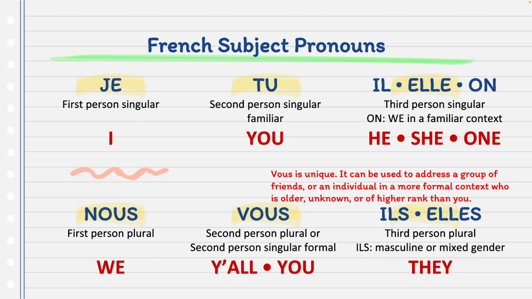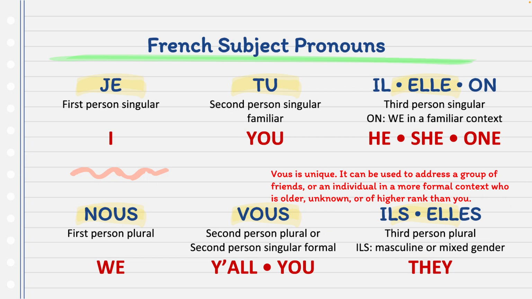So if I was speaking to a gentleman or a woman, someone who is older than me or someone who I don't know, then I would use vous. However, if I'm speaking to my friends or someone close to my age, I would use tu. Also notice with il and elle, it sounds the same as the plural form, ils and elles. Even though there's an S there, the S is not pronounced. And if our group is mixed gendered, so men and women, we default to the masculine form ils, I-L-S.